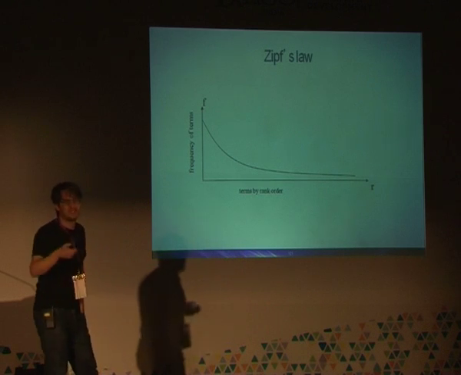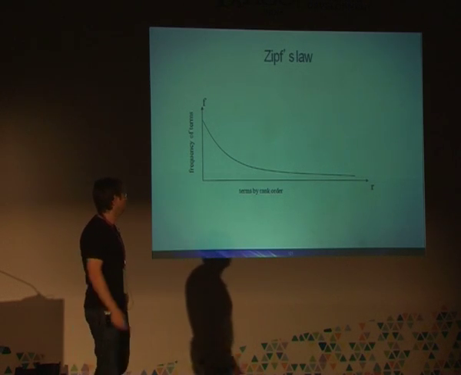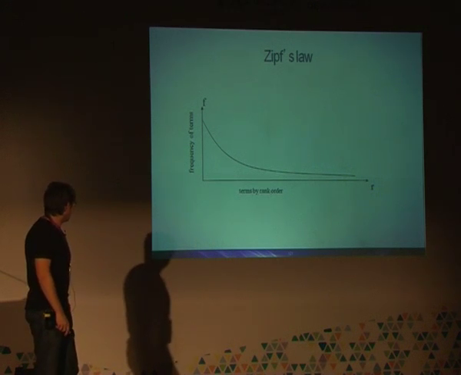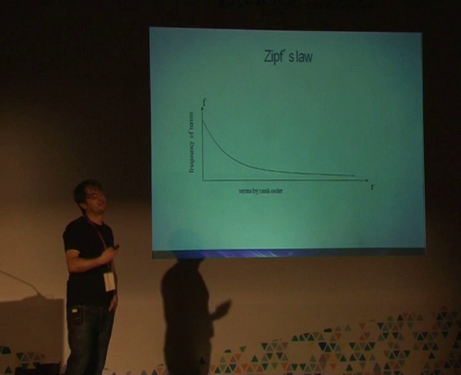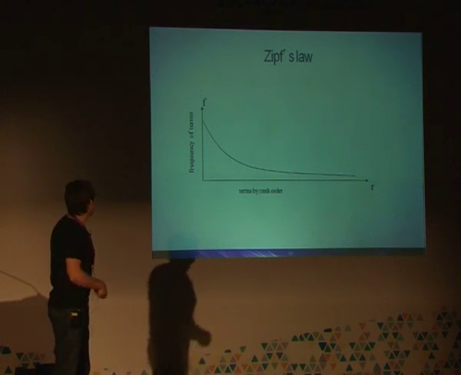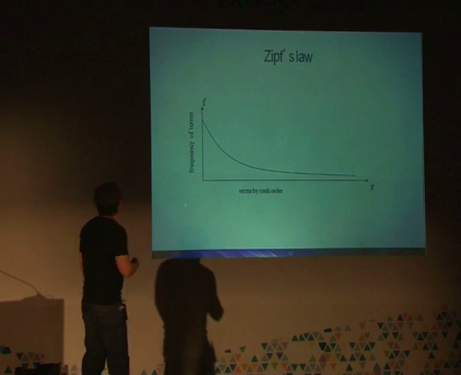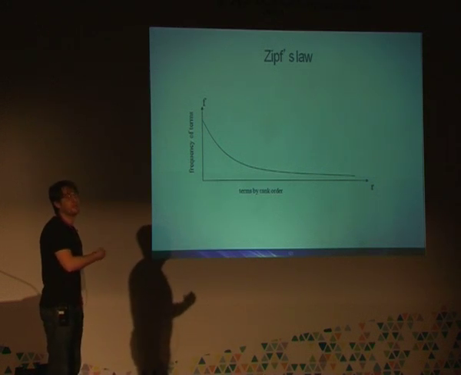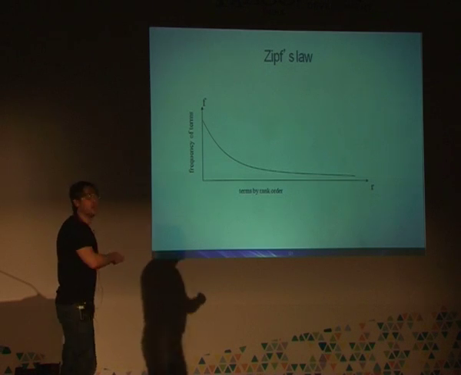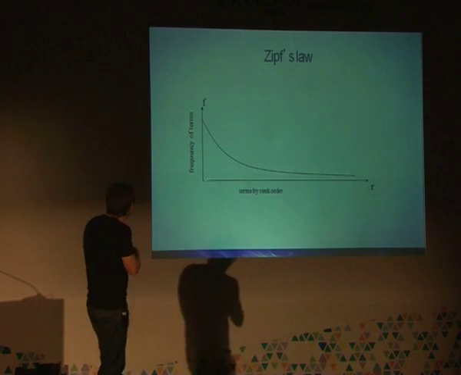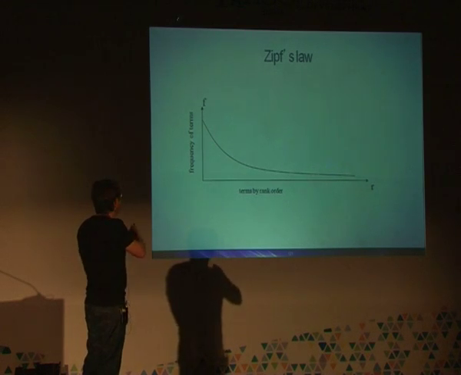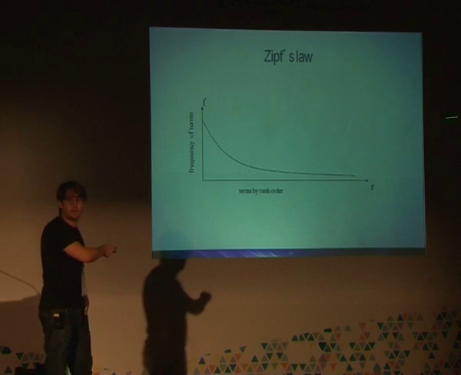This, even if there's some disagreement on whether it holds and in what context it holds, is a very important law. And it has implied a lot of decisions in the way we model information retrieval. Essentially, it says that if you take the frequency of terms, the number of times you see a particular word in a collection of documents, and rank them by order, here is the frequency of the most frequent word, and the second, the third, and so on. So you follow this curve here.